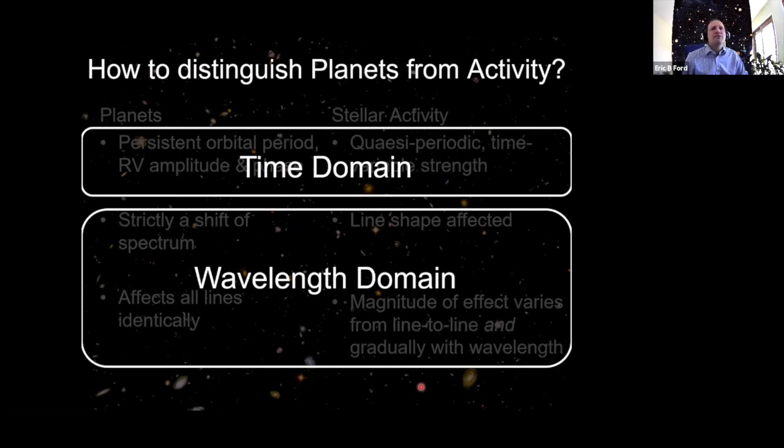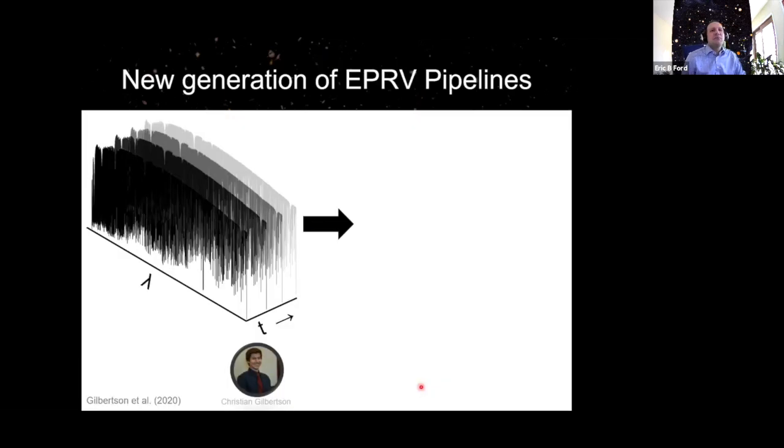And so what this has really necessitated is a new generation of pipeline development for how we analyze these surveys. In the past, we took every spectrum, we measured a velocity, and then we published a nice little table of time, velocity, and velocity uncertainty. But now that's no longer good enough. Now we need to be analyzing not just the velocity, but also other properties of those spectra, which may be quite subtle. Maybe it's how the apparent velocity appears to change from line to line. Maybe it's the asymmetries of the line profiles, or where the width of those lines changes.